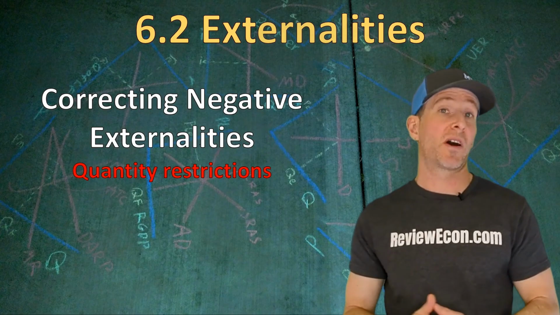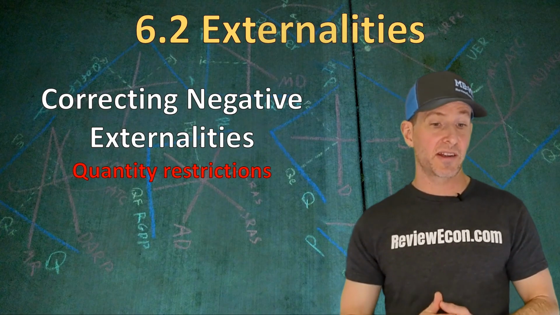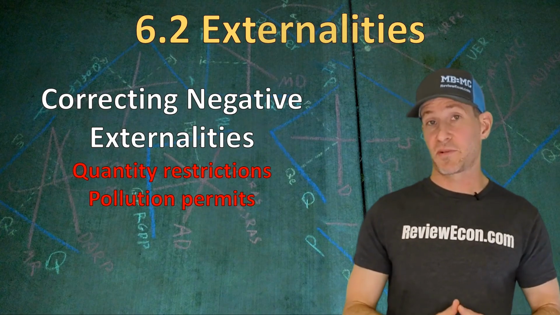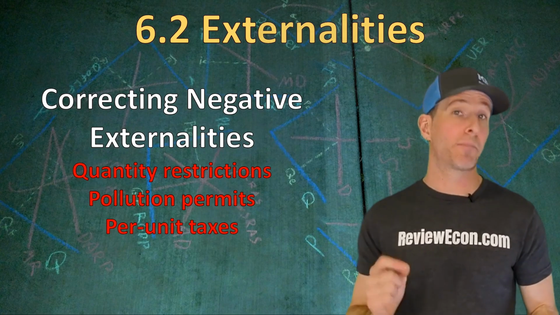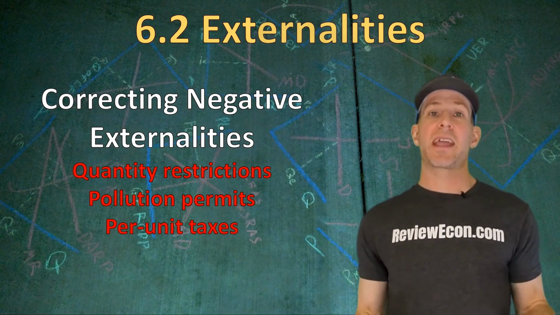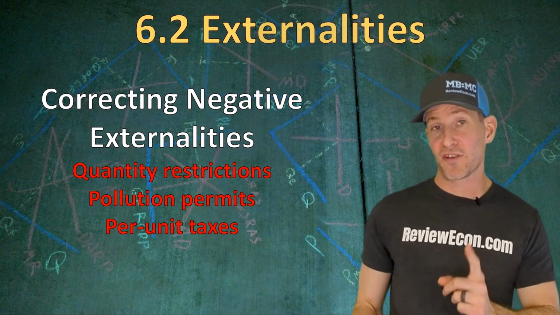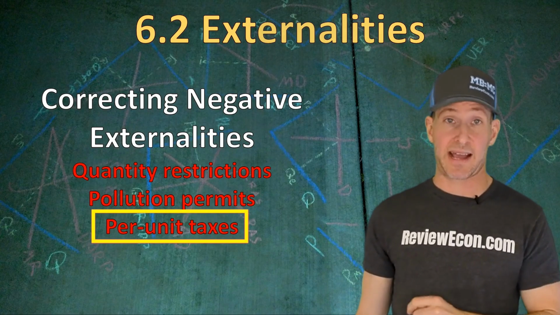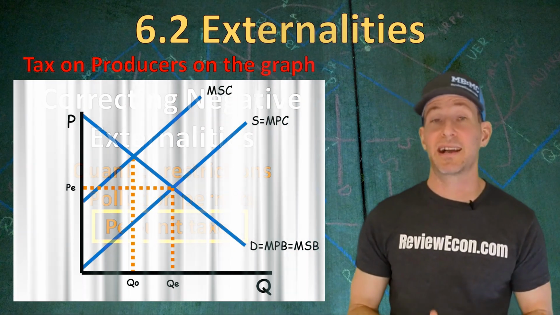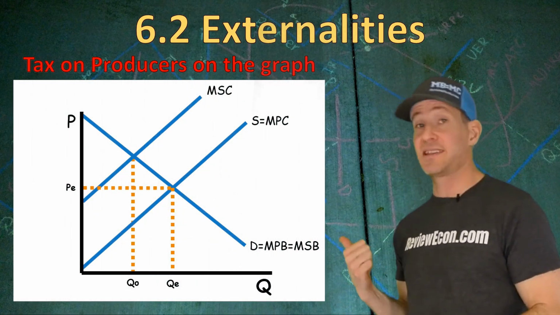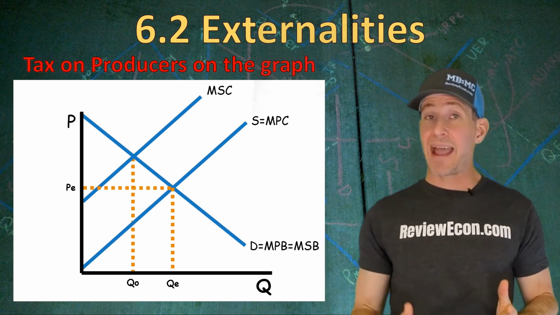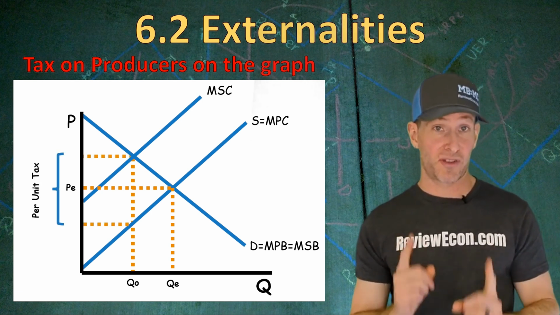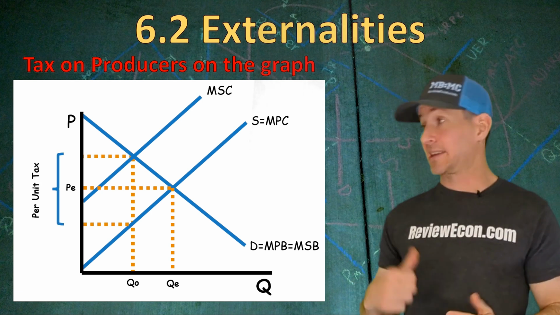The government could place quantity restrictions on the production of this product, the government could issue pollution permits to the producers of this product, or they could levy a per unit tax on this product. For the AP Macroeconomics exam, the preferred method is a per unit tax. And when we place that per unit tax on the producers of this product, if we have a negative externality in production and that tax is equal to the marginal external cost, which of course is the gap between the